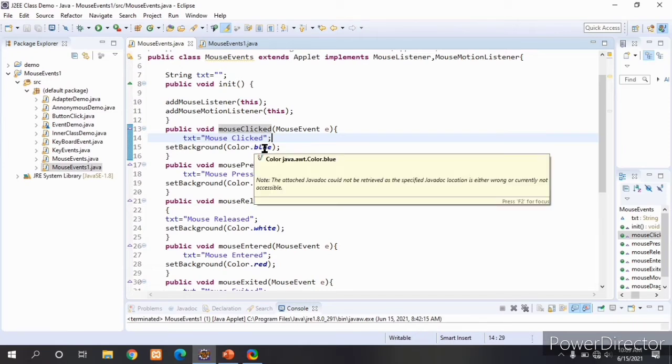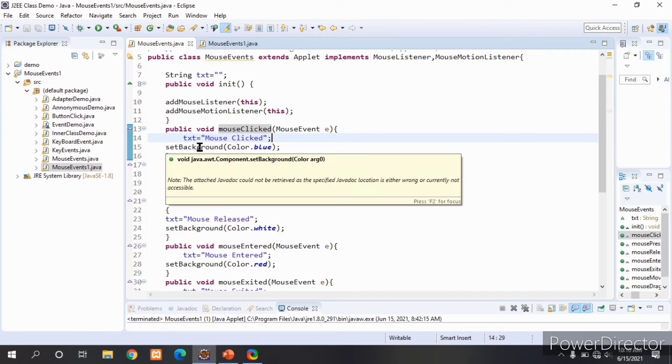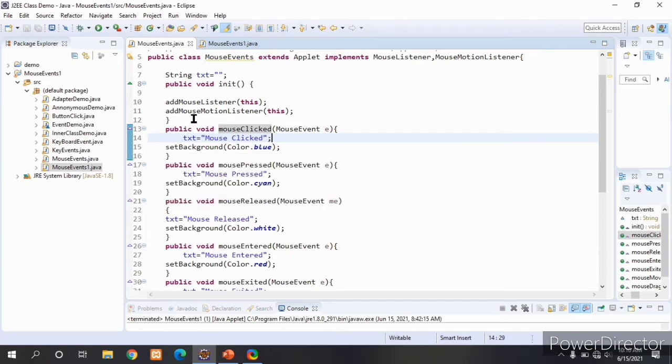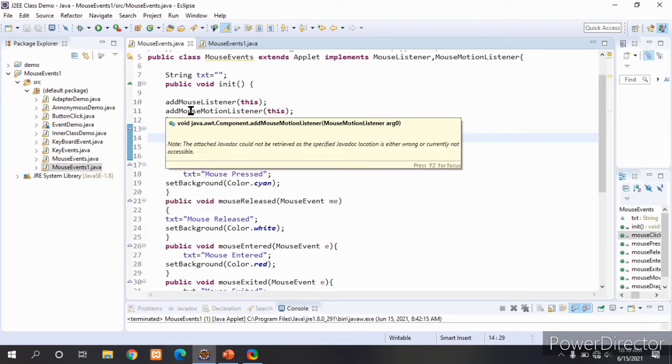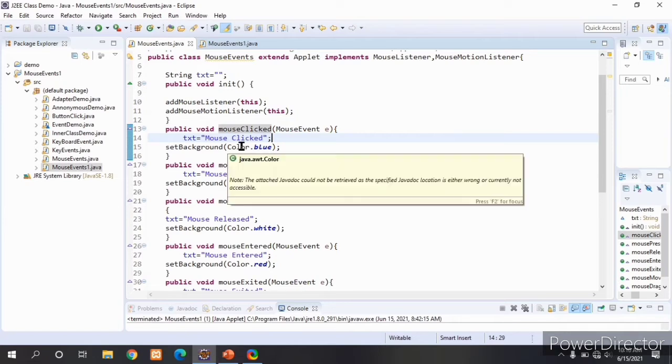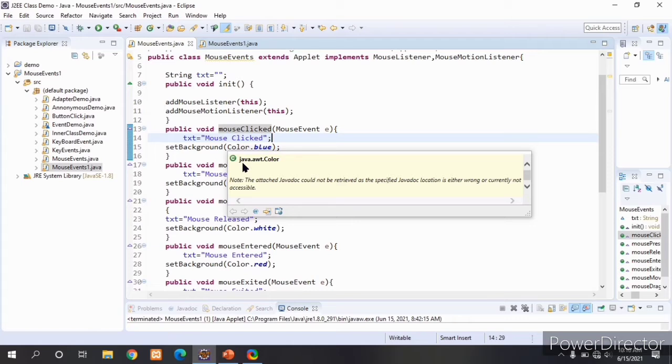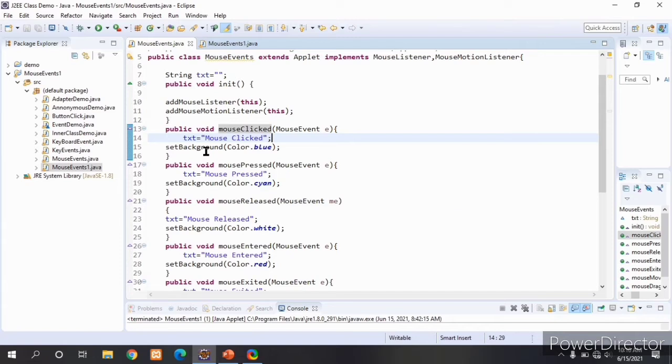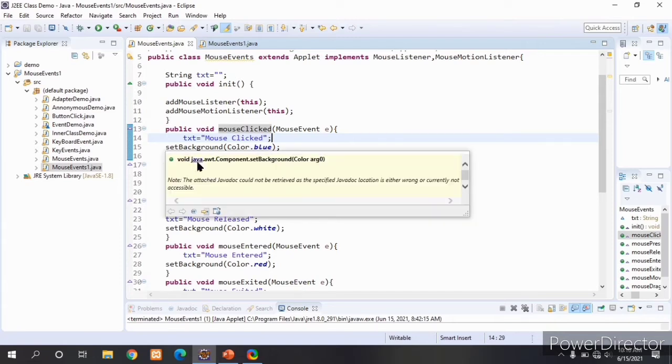This setBackground method is defined in the Java AWT package, and we use a color object, which is defined in java.awt.Color, meaning the java.awt package. setBackground is also defined in java.awt.Component.